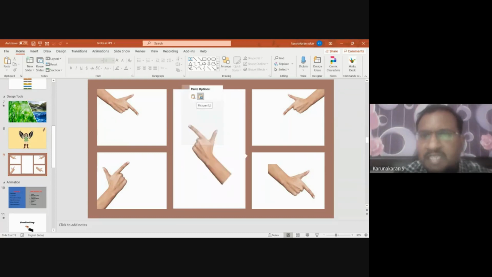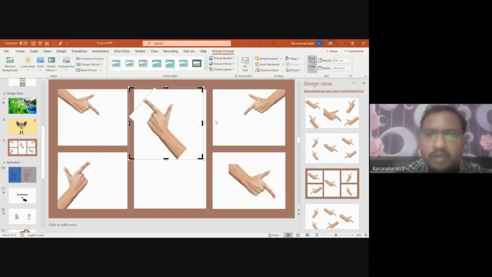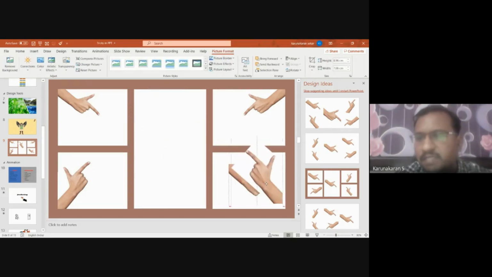So paste as a picture. So now this is my actual original picture. This becomes my original picture with this direction. Okay, so now if you press on picture format and crop, see, you can get this, right? Right. So this is how I place my hand here in this place.